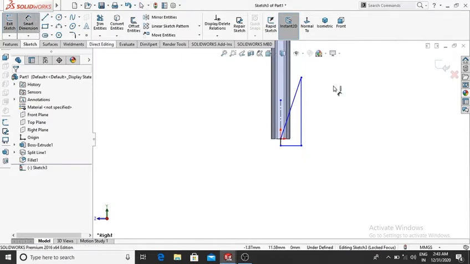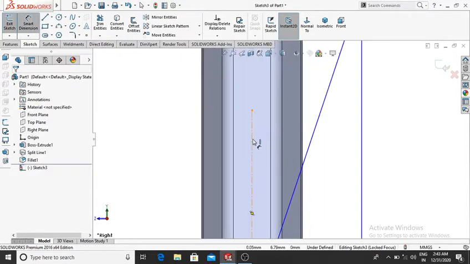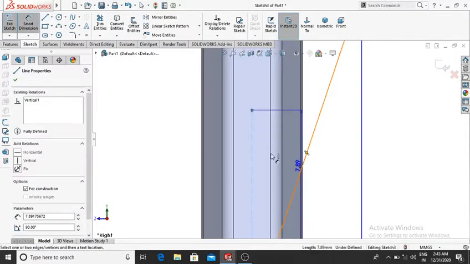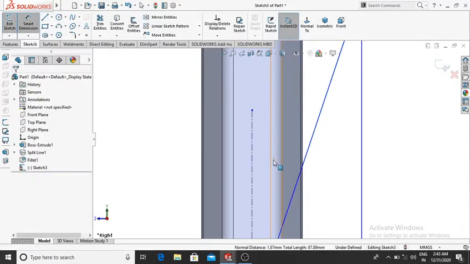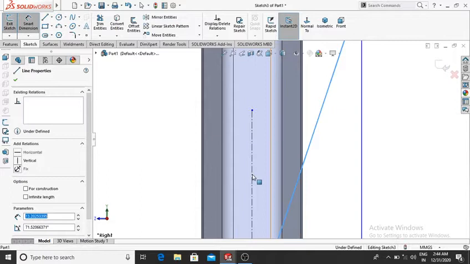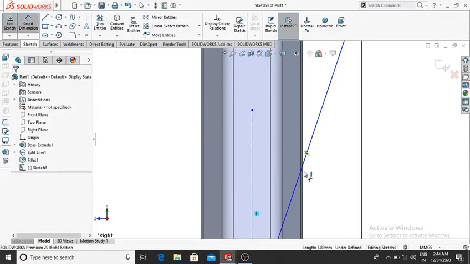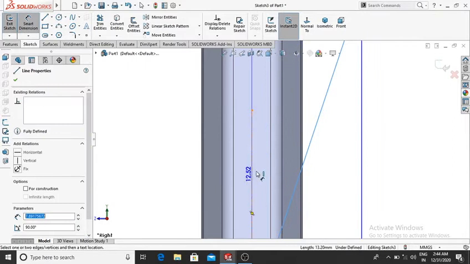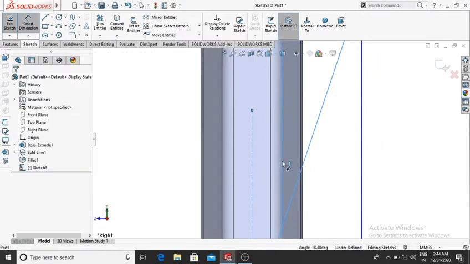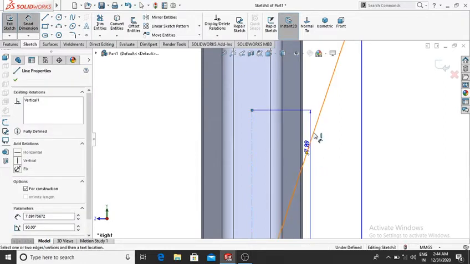So go to the smart dimension and select this line and this line.